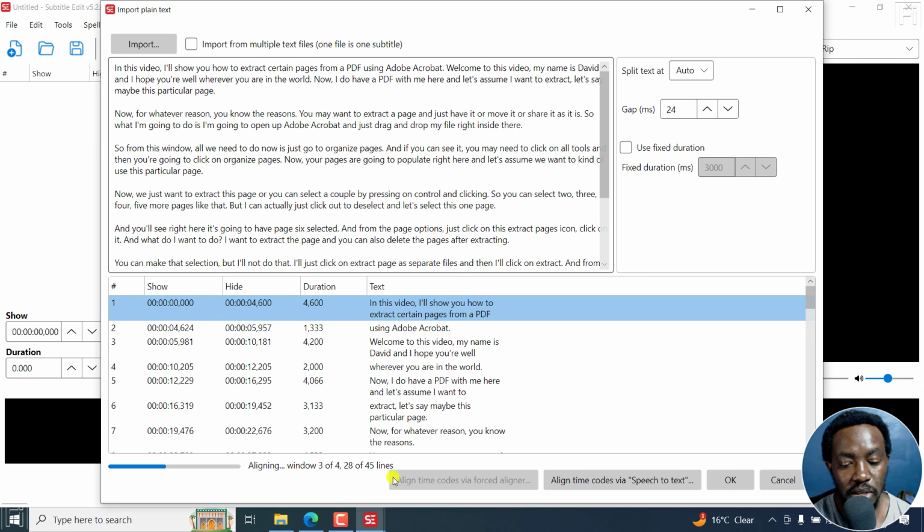Now, the alignment using align timecodes via forced aligner is much better than align timecodes via speech to text, because via speech to text it kind of used to retranscribe and then use your transcript to align, which was not good. So 5 of 5, and then let's see the result. 6 of 6, that's 36 of 45 lines, and then 7 of 7, 37 of 45 lines, 8 of 8,